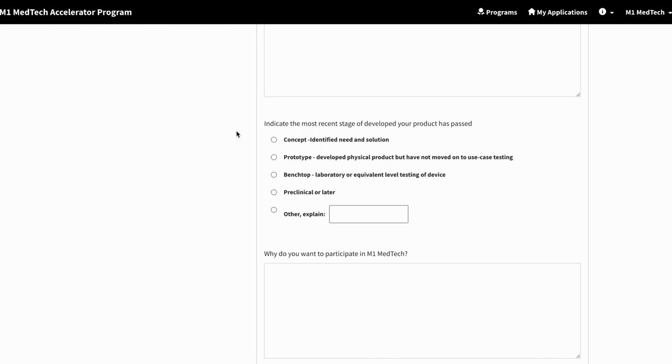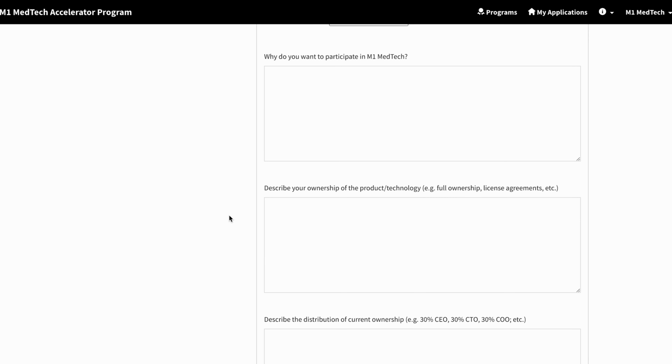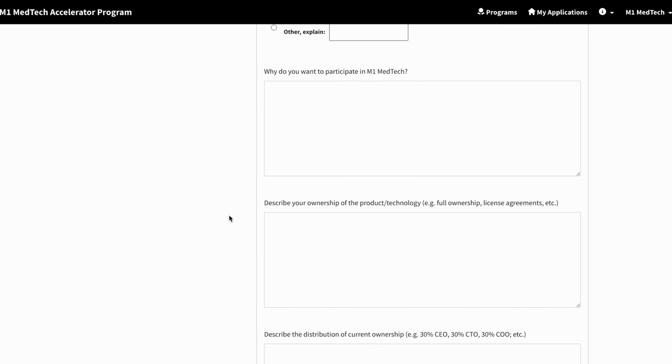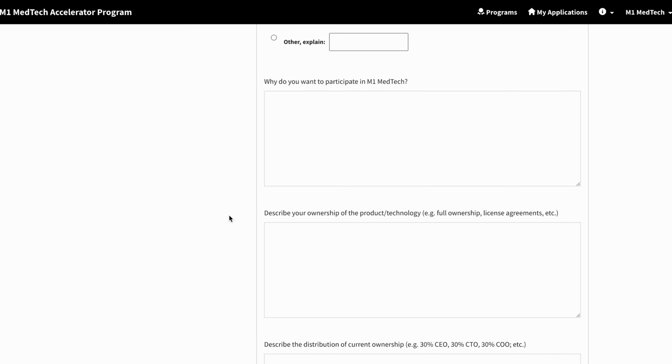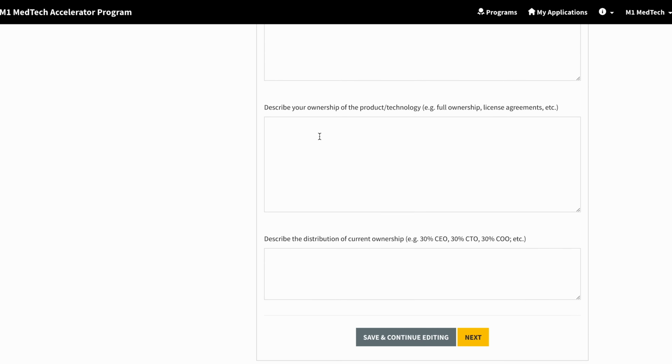Have you done any benchtop testing or any preclinical testing? Finally, we do have an other category in case you need to explain, such as being between stages of development. Next, why do you want to participate in the M1 program? What aspects of this program are attractive to you, and what are some things you're hoping to get out of